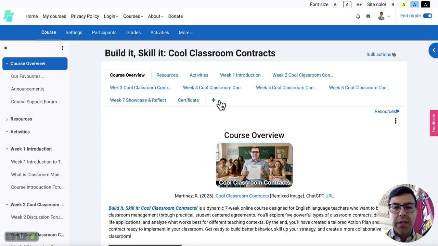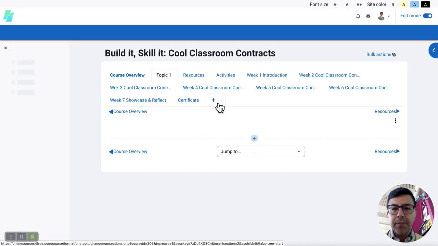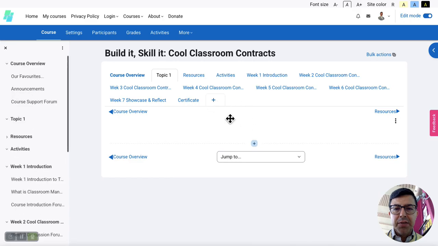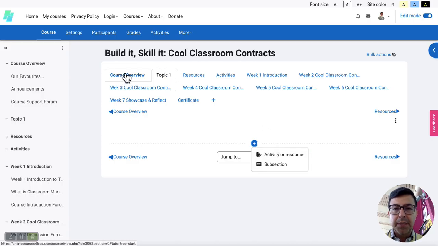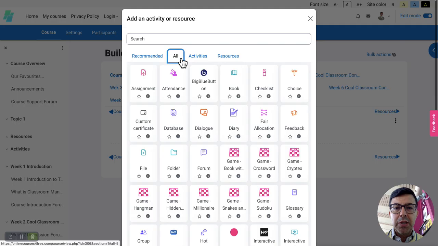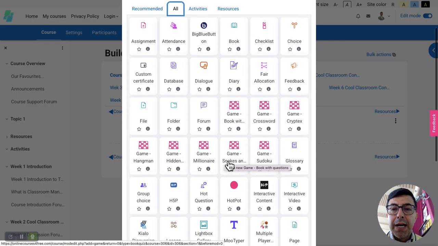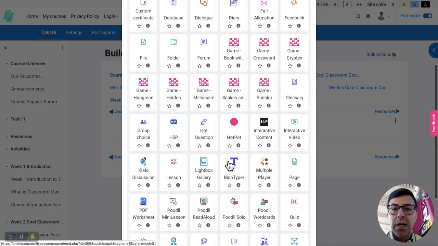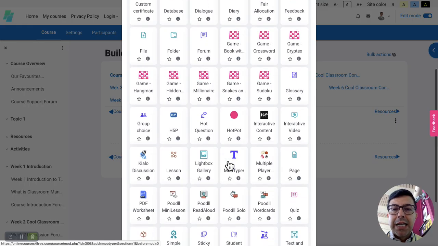If we click on the plus, we get a new section and we can actually add the kind of content that we want. We click on the plus, then we can add activities. And in this topic 1, you can see that it has become the second tab after the course overview. I'm going to add an activity or resource. You can see that there are some recommended activities, but if I want to see all of them, then I can choose different activities. For this demonstration, I'm going to add a forum,